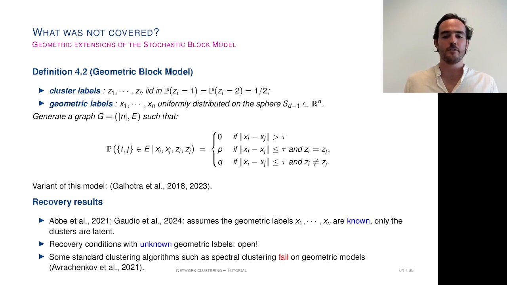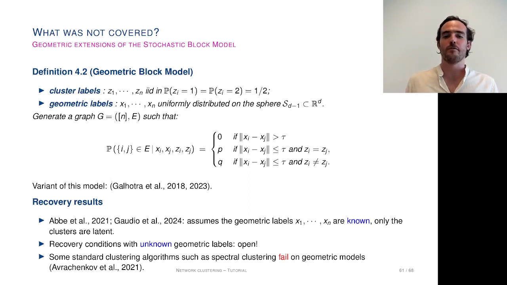Another nice extension that became popular recently is the geometric extension of the stochastic block model. Here, I'm assuming again that I have cluster labels, so let's say Z1 to Zn, and let's suppose that I have only 2 clusters, with probability 1/2 to be in cluster 1, 1/2 to be in cluster 2. I'm going to assume as well that I have some geometric label, so some random variables x1 to xn, which are distributed on the sphere S^(d-1), the sphere of R^d, a multi-dimensional space,